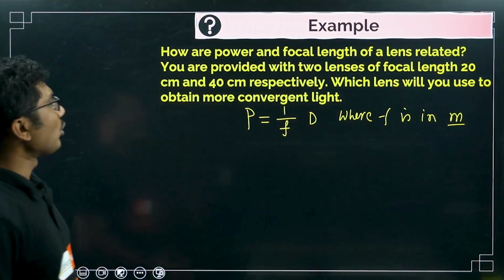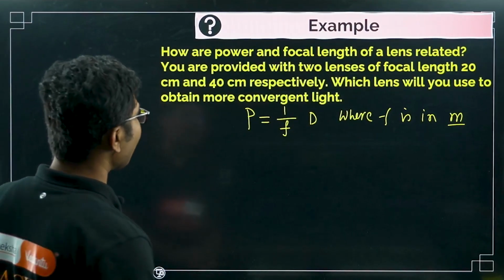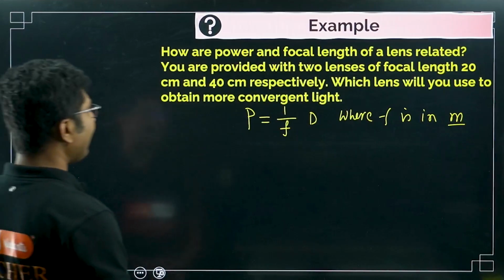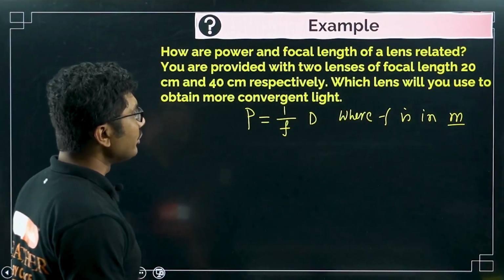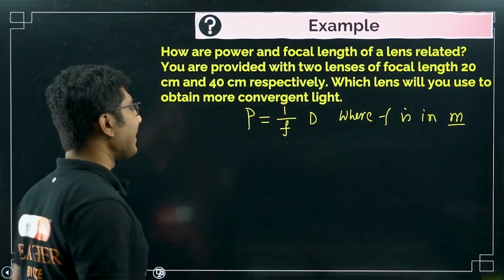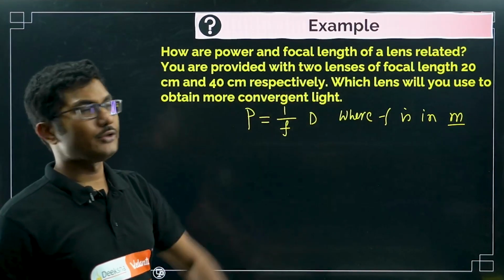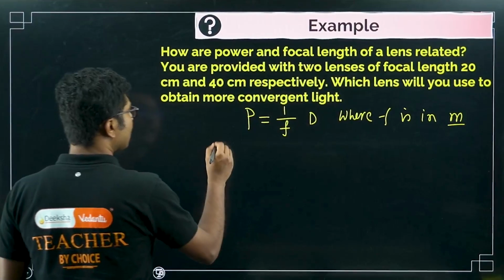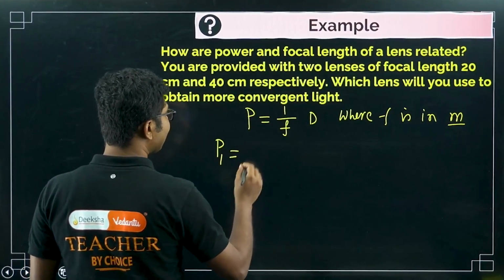Very very important. You are provided with two lenses of focal length 20 centimeter and 40 centimeter respectively. Which lens will you use to obtain more convergent light? So let's find the power of individual lenses. Power of lens 1, P1, is basically